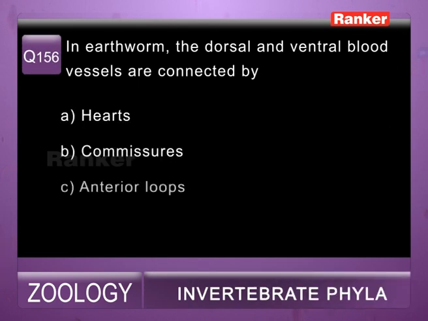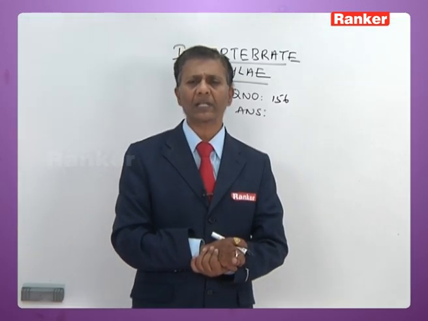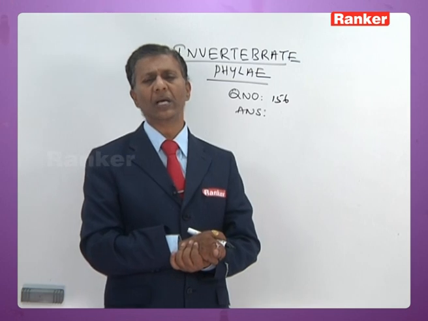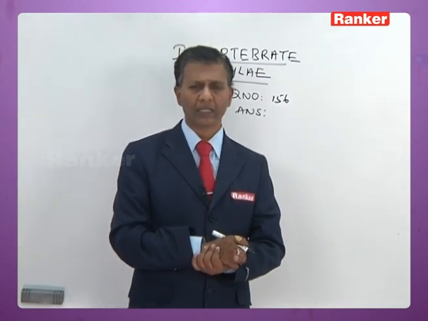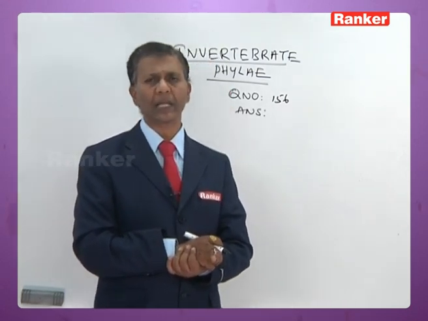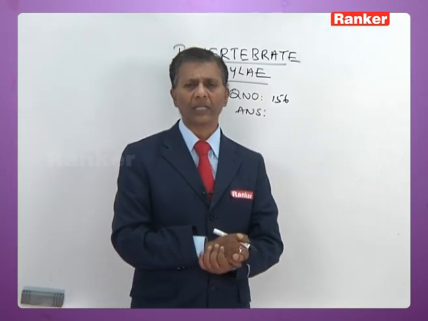Now the 156th question: in earthworm, dorsal and ventral blood vessels are connected by A, hearts, B, commissures, C, anterior loops, D, transverse vessels. The dorsal and ventral blood vessels are mostly connected to each other by hearts, present in 7th, 9th, 12th and 13th segments, because they carry blood from dorsal blood vessel to